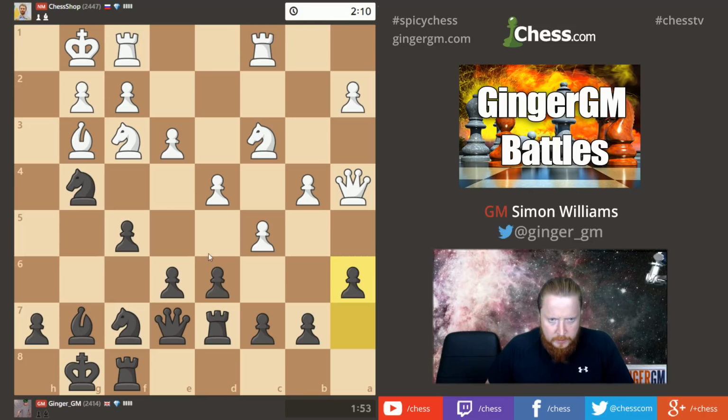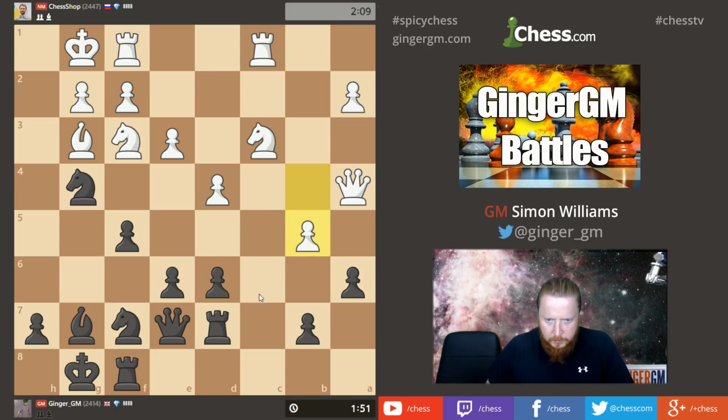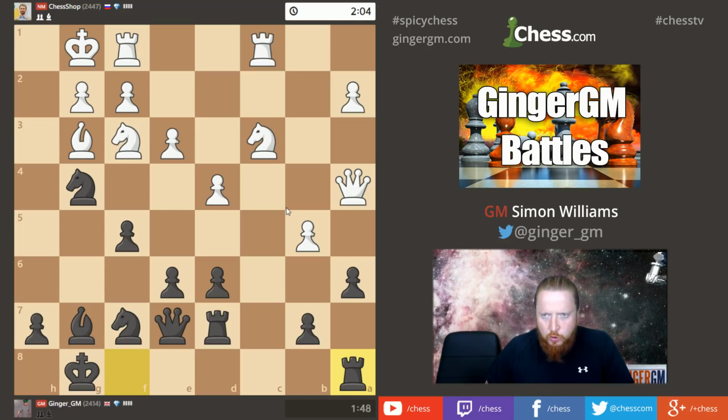I need to get an attack on the king's side going. I'm not sure how at this moment in time. Well, my opponent is coming up with some play over on the queen side. Come on, Simon, you can't lose to Chess Shop again. What is wrong? Why do you always...